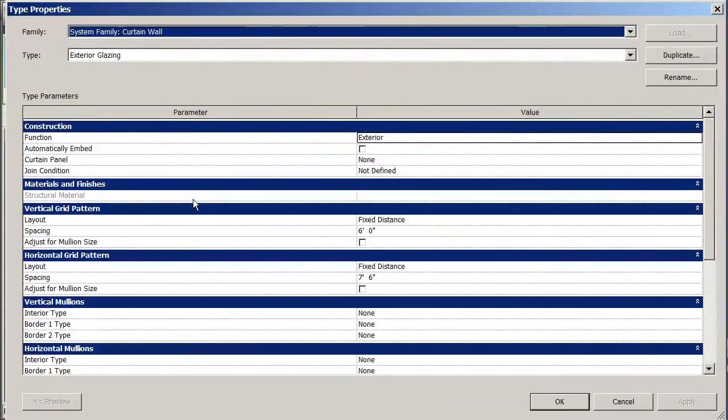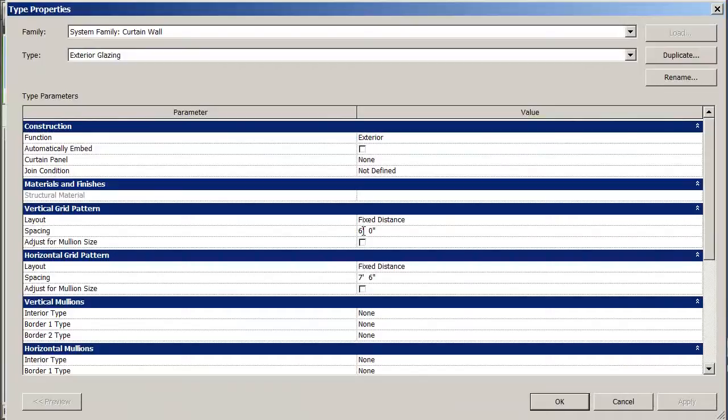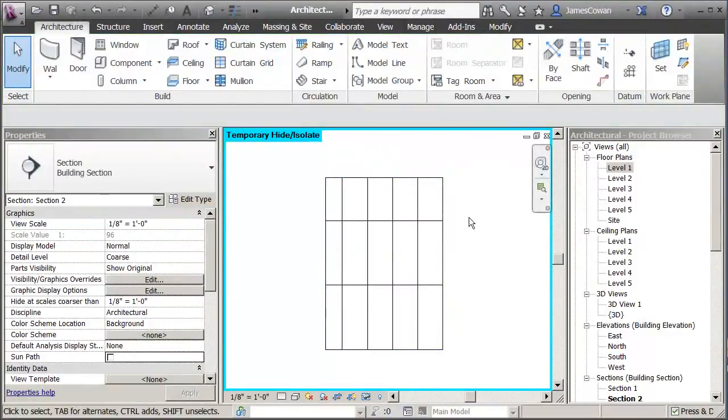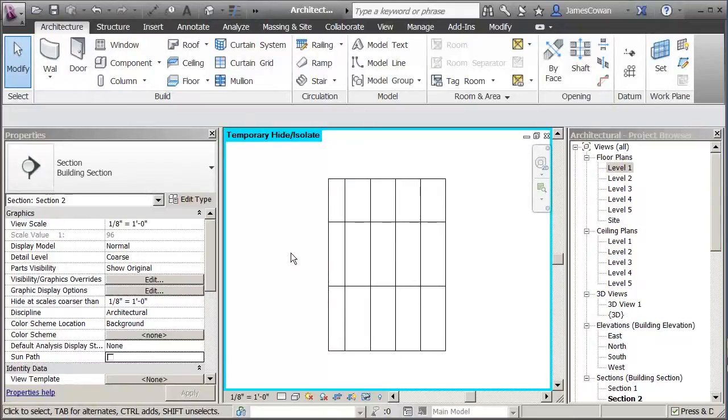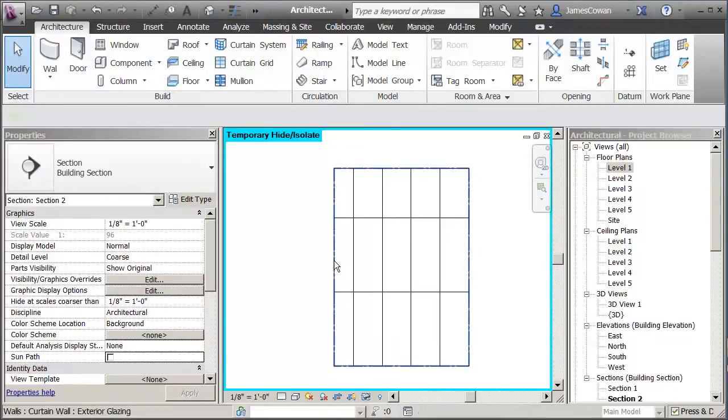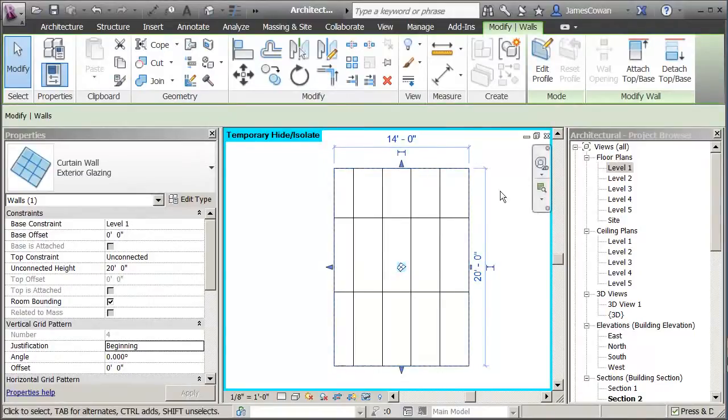Right, just have another look at this. So if I were to change this to say make it 3 feet, I'm getting 3 feet repetitions from point 1 of my wall. And let me elaborate on that a little bit more. If I pick the outline of the wall here, the curtain wall,